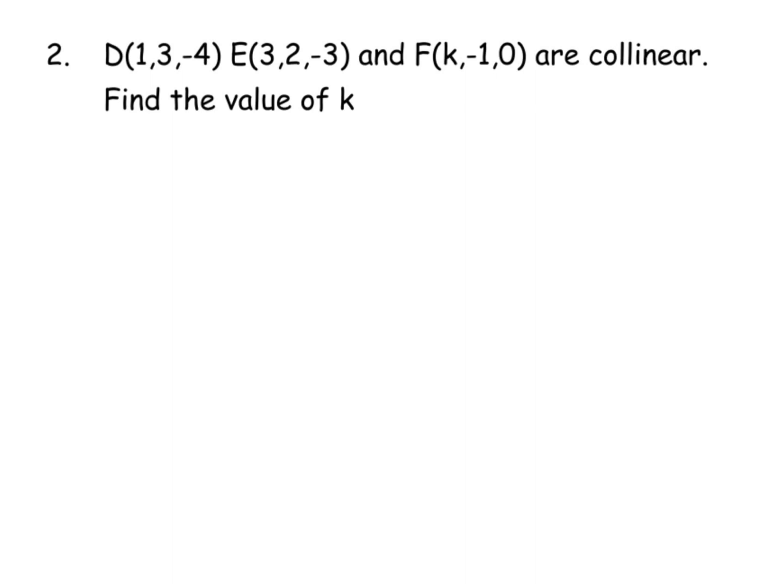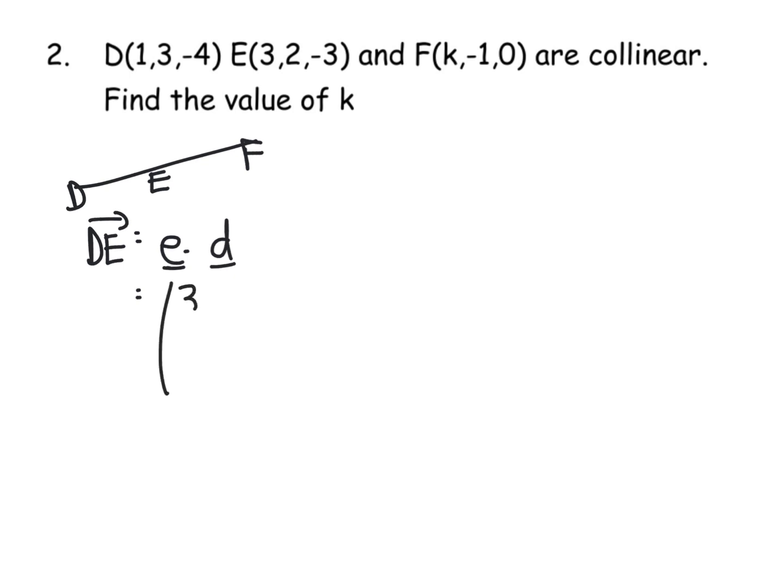Let's do another example. Right, this time we're told that these ones are collinear and we've to find the value of k. These are quite common and they're a wee bit trickier. But I'm going to draw a little sketch first of all. So we've got D to E to F. So I'm going to work out D to E first of all, and I'll have numbers for that bit. So D to E will be E minus D,